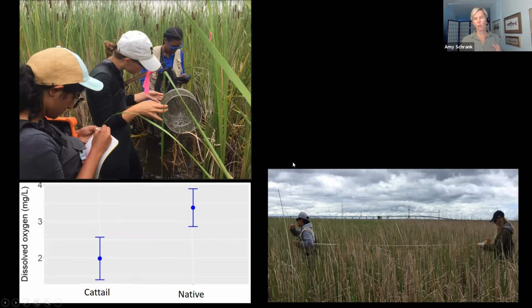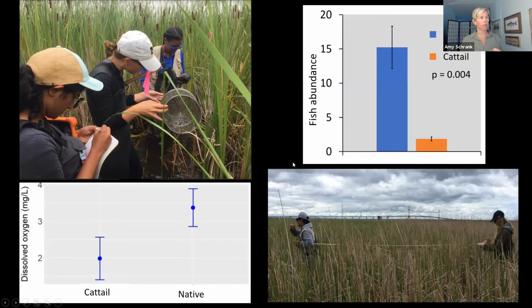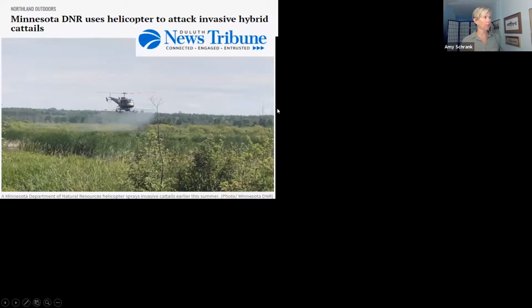And we have done some preliminary data comparing fish communities between these native and invaded cattail stands. So you can see we have fish abundance here, just how many fish did we collect. The blue is in a native vegetation stand in a nearshore zone, and the orange is in a cattail invaded stand. And you can see we did see a lot more fish in native vegetation compared to cattail zones. We also saw more species. So this is sort of the background that formed our ideas for this research project.